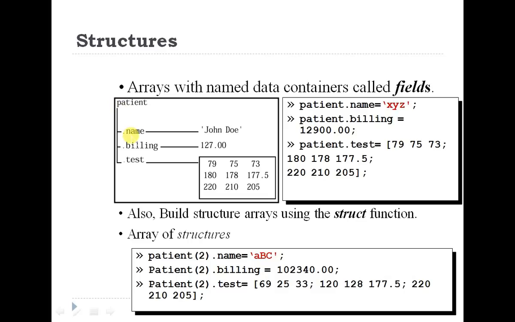If we have to call the name of that patient, then we have to call patient.name as a variable name. If we have to call the billing of that patient, then we have to call the object first, dot billing. So this is the kind of object oriented programming. In the previous session we saw that MATLAB is an object oriented programming environment, and this is the demonstration of that. We can call the variable with some object. So multiple variables, cascaded variables, we can design in the structure.